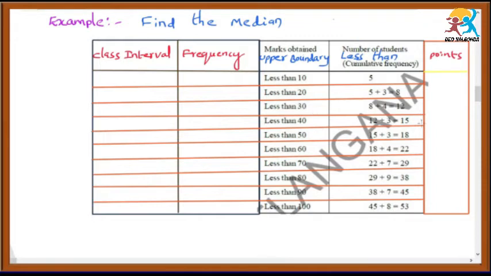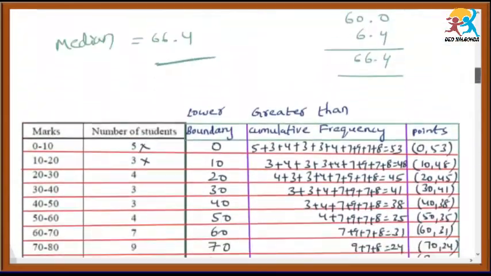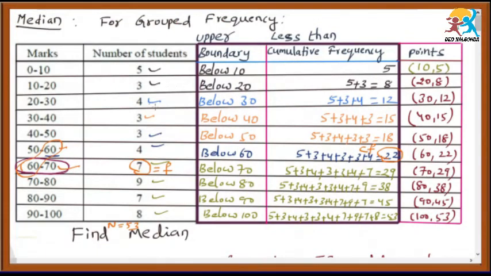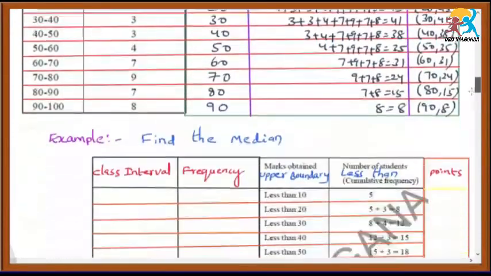So by using this data you have to write the class intervals. So just observe the previous question once. Here just observe, the difference between the two upper boundaries is 10, that means the length of the class interval will be 10. Okay, we got that. And below 10 means we have to take from 0 itself, so the class interval will be 0 to 10, then the number of students, that means frequency, will be 5. Okay.